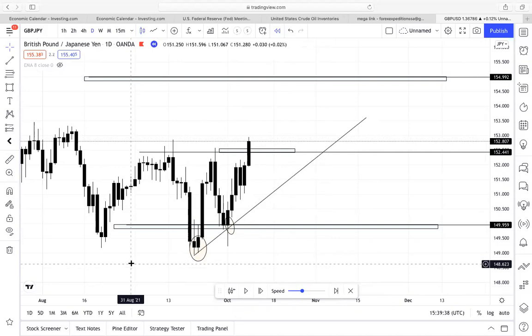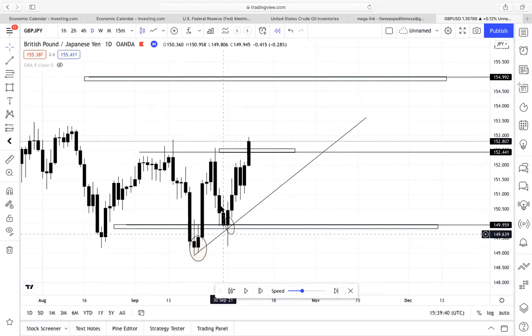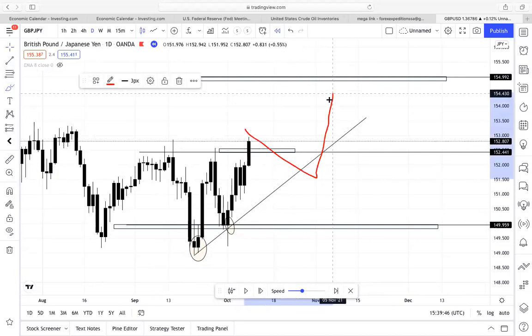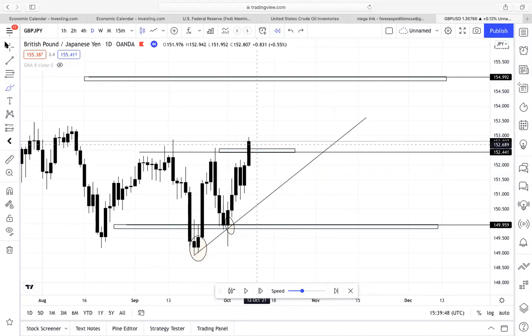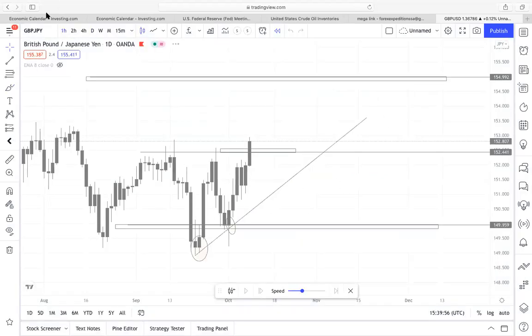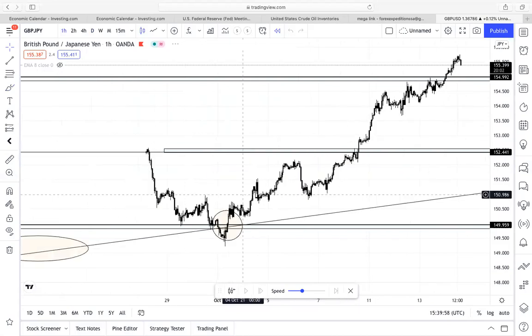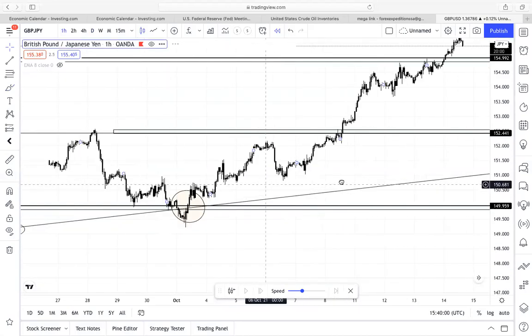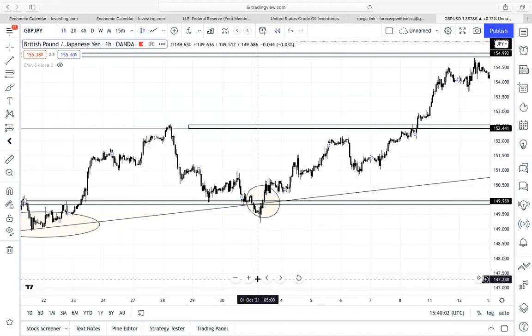Price is moving in an uptrend. We had two bounces off the trend line. That doesn't mean that price always needs to come back and bounce off the trend line. As long as price is above the trend line, that simply means that price is giving me an uptrend. Now, in the smaller time frame, I haven't paid for my tool. Sorry, guys. I'm going to pay for it though, because I always backtest.